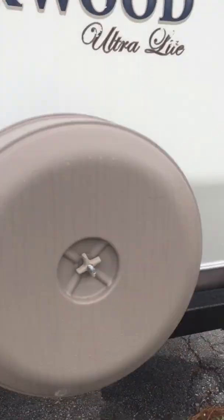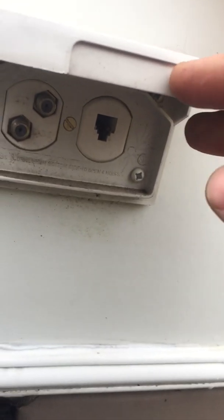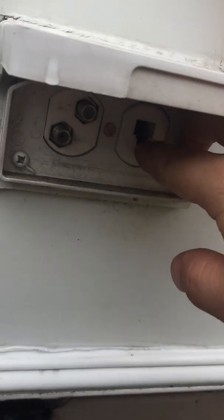In the rear, just your spare tire. And then this, you have your cable hookups, and there is also a phone jack right there, so you can have a landline connected to this. And then inside,